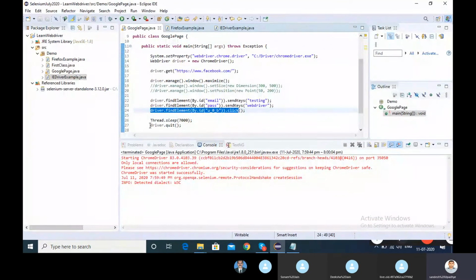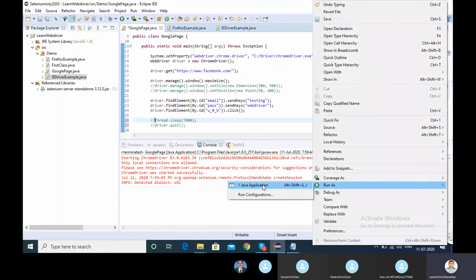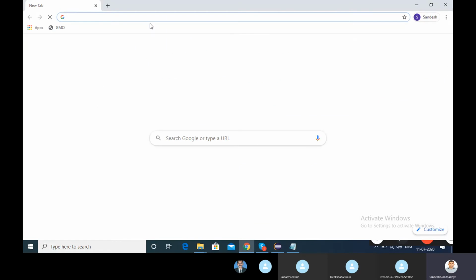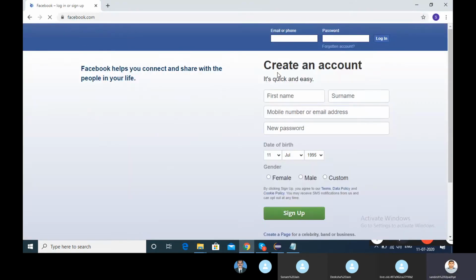Let me block this tweet. Okay, one mistake we did here. Let me open Facebook. We chose wrongly.